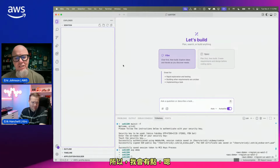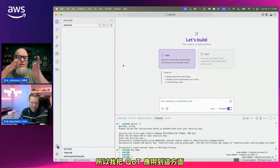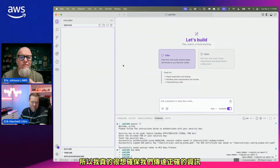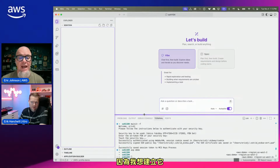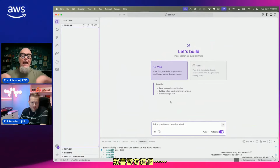I'm a serverless person. That's what I do, and so I've applied Kiro to that. But Eric is the Kiro expert, so I really want to make sure we get the right information out there. But this is how I go about building a steering doc. I have some very specific ways. So what I'm going to do, I like to have the